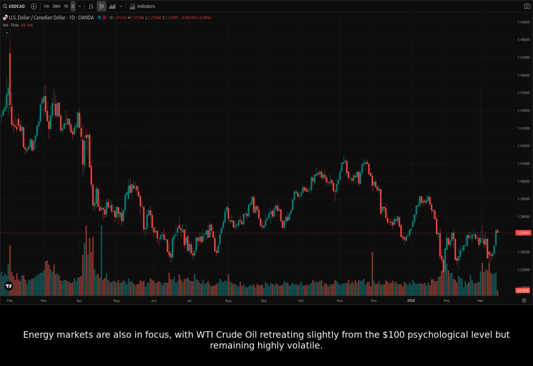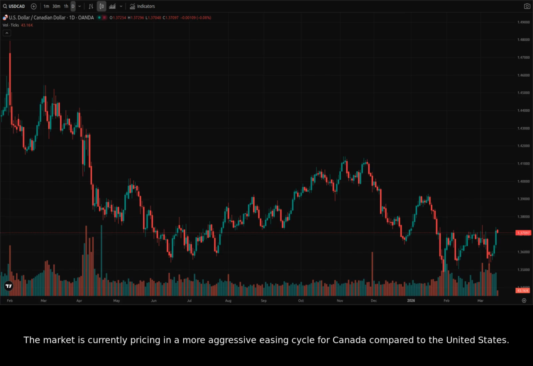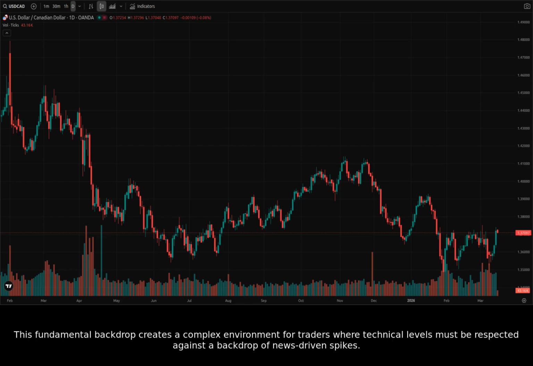remaining highly volatile. Analysts are closely watching the Bank of Canada and the Federal Reserve, as policy divergence seems to be widening given the current economic data. The market is currently pricing in a more aggressive easing cycle for Canada compared to the United States. This fundamental backdrop creates a complex environment for traders where technical levels must be respected against a backdrop of news-driven